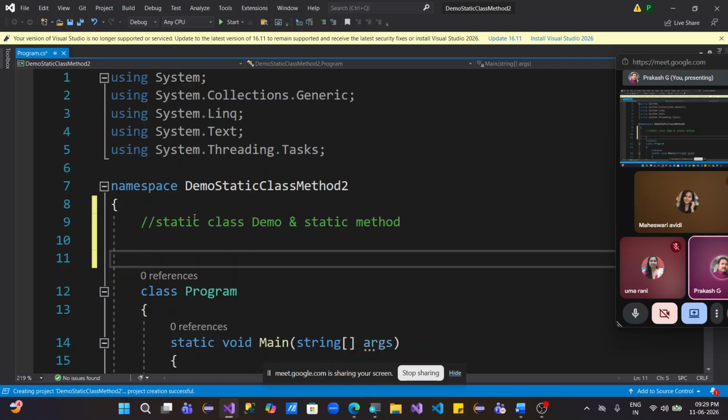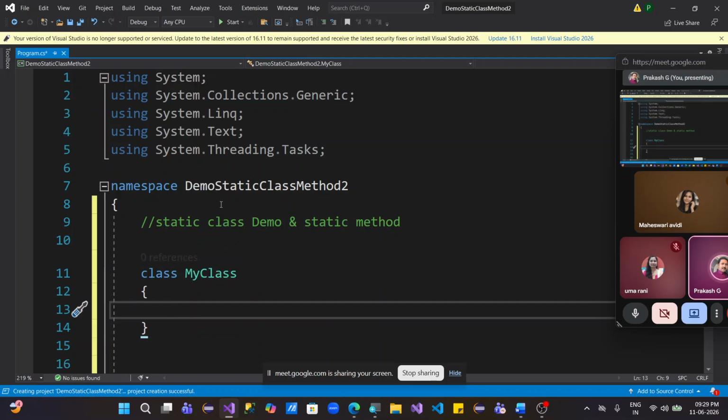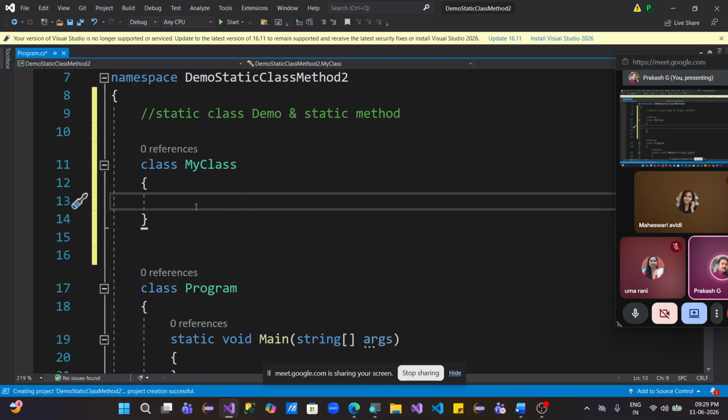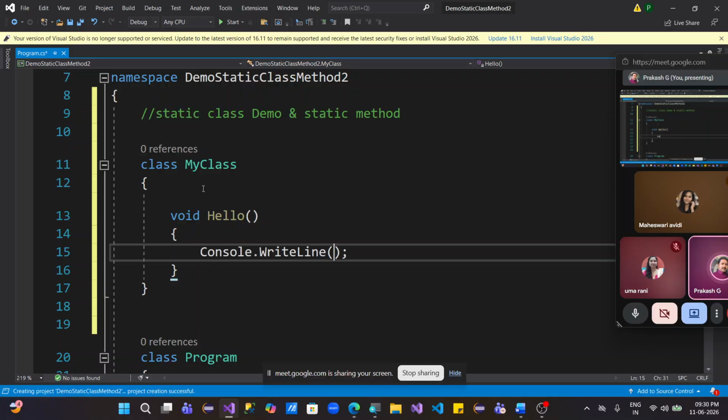So I'm creating a class, guys. Class name is MyClass. It's a normal class, it is not a static class actually. I will convert it into a static class later. And I have a method called Hello method. Now I just wrote hello world,